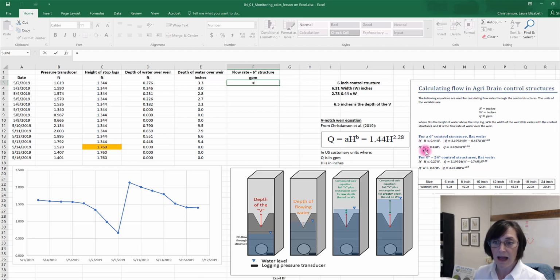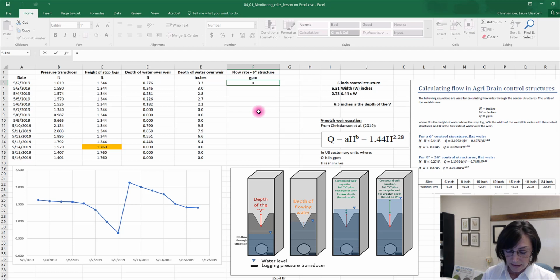If that condition isn't met and my water depth is really high over the V, greater than 0.44 W for this given control structure size, then I need to use this second equation plus the V-notch weir equation. Okay, so there's multiple conditions that we're programming in with the if statement.